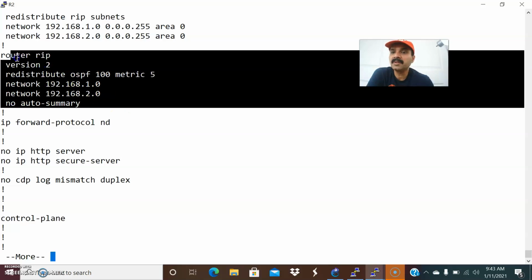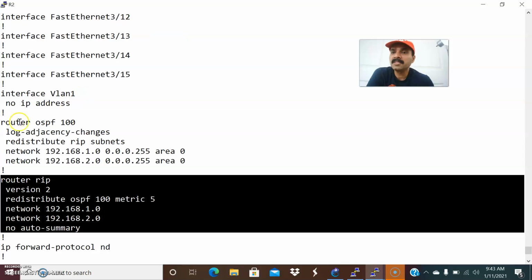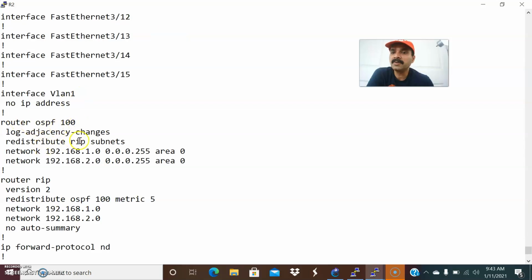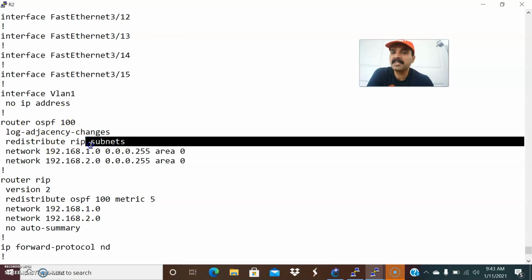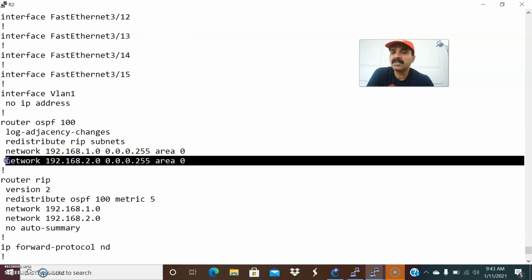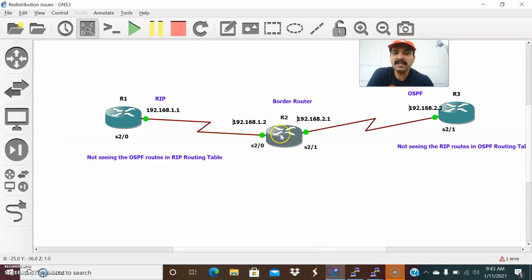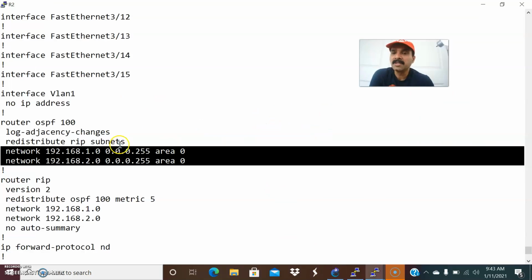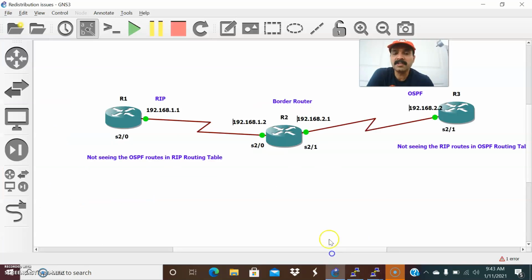So this is the way you configure redistribution for RIP. In a similar way, for OSPF 100, redistribute rip. Then we have to advertise the subnets. The subnets keyword is mandatory. Then we have to define the directly connected interfaces 1.0 and 2.0. So that's the way we can configure the redistribution. We always have to configure the redistribution on the border router. We should have at least one redistribution point to redistribute. So this is how we can debug the issue.